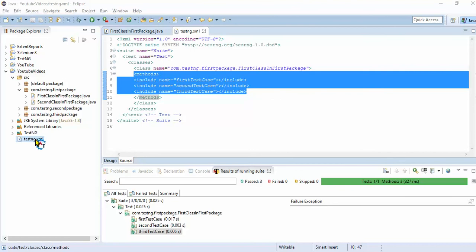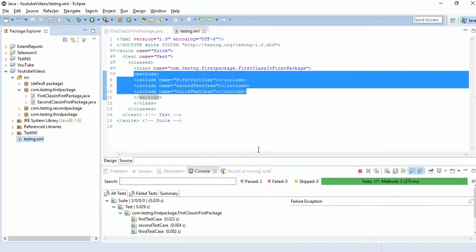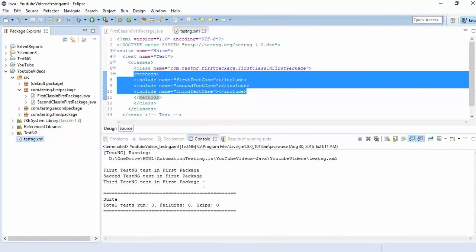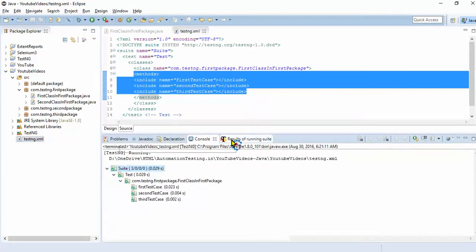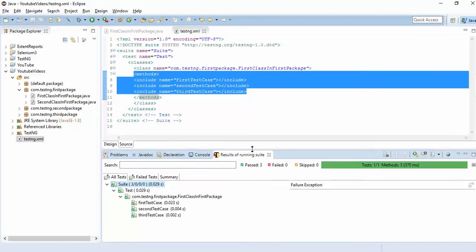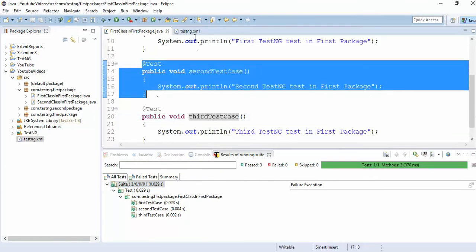I'll right click on the testng.xml file and run as TestNG suite. What will happen? The same thing happens as if you write with the class also. See, same output. But now I have some exceptions. I want to execute only one test method out of these three. I want to execute only the second test case. Now how will you do this?